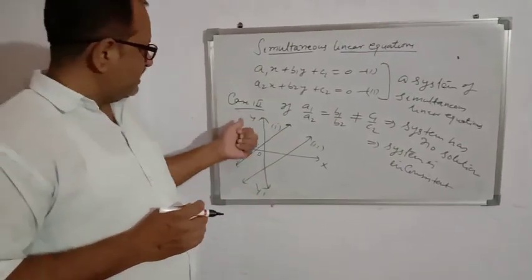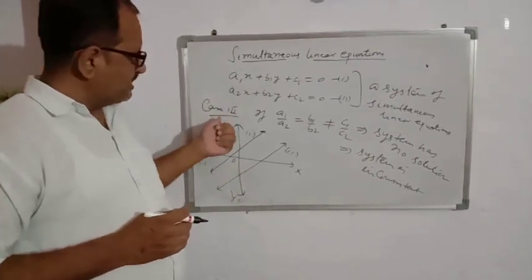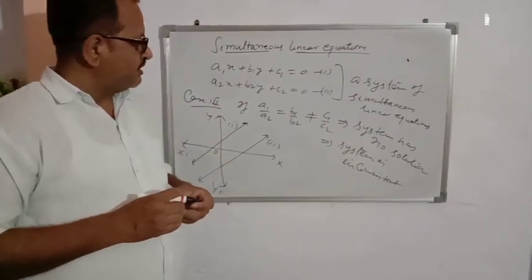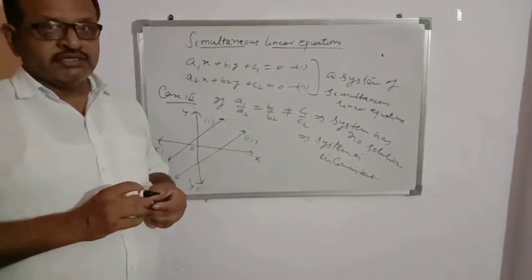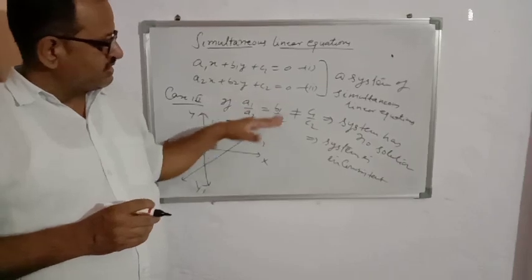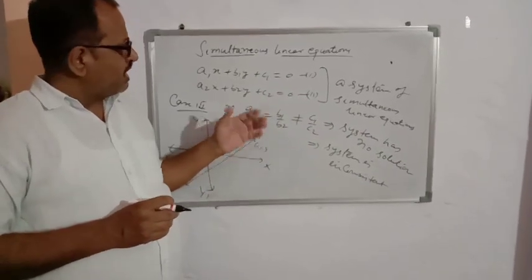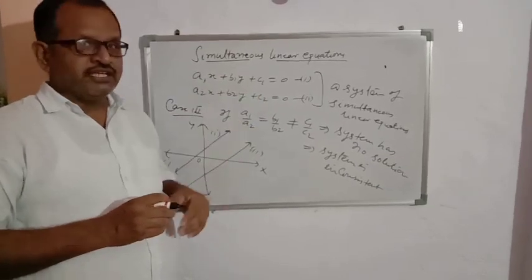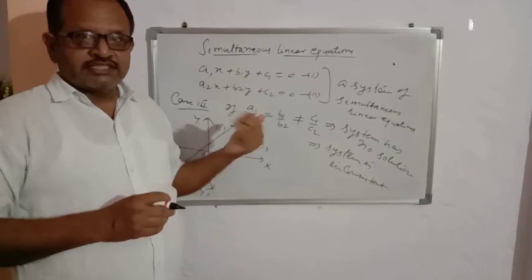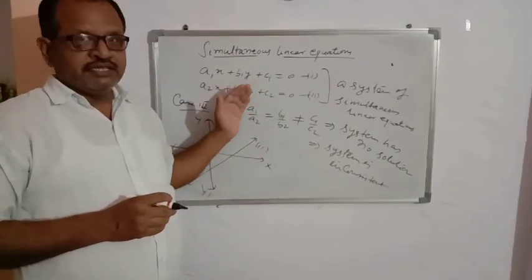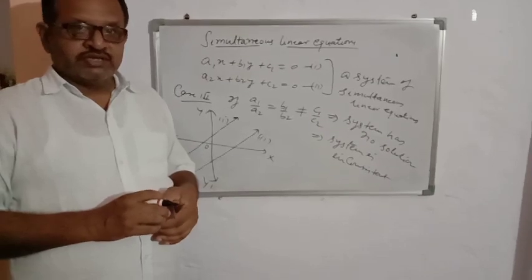So here there are three cases, case 1, case 2, case 3. On the basis of these cases, we can tell how many solutions are possible in a given pair of linear equations. So I hope that this concept is clear to you. Next point is how to solve simultaneous linear equations, means how we will find the values of x and y. So in the next video, we will discuss the method of solving simultaneous linear equations. So okay, thank you class.